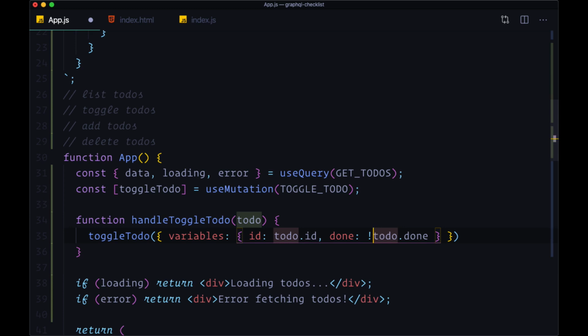And if we want to make our code even more concise, we can just destructure the properties ID and done within the parameters of handleToggleTodo. So we can now reduce our variables object to just id, the property and value, and done to the opposite Boolean value. And as for the mutation function toggleTodo, though we can execute it like this synchronously, it